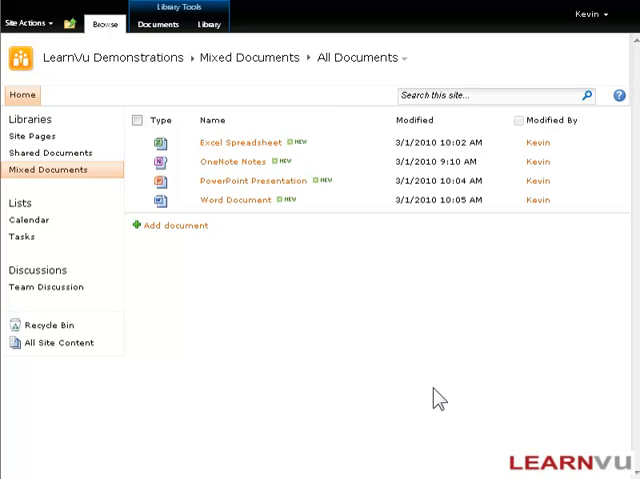So this is an impressive set of functionality we're really excited about in SharePoint 2010,